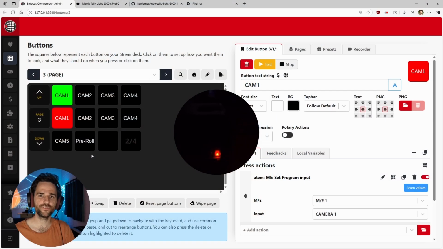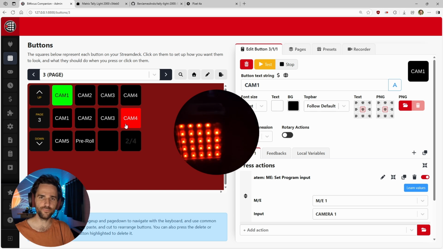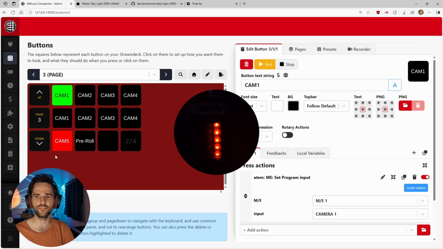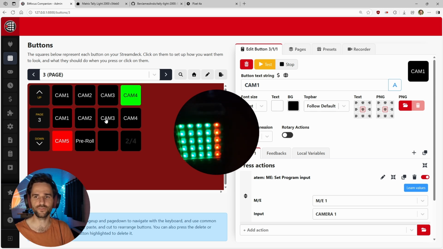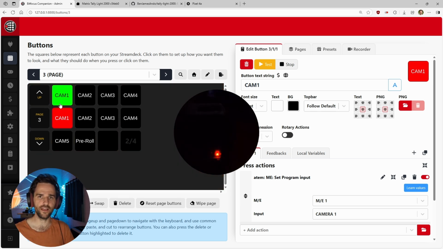I've made this tally light to always inform you exactly what camera is live. So in this case, camera 2 is live. We've got 2 dots. Camera 3, 3 dots. Camera 4, it lights up because that's what camera I've assigned this tally light to be. Camera 5, 5 dots. It also does the preview mode as you'd expect, whilst simultaneously showing you what camera is live.